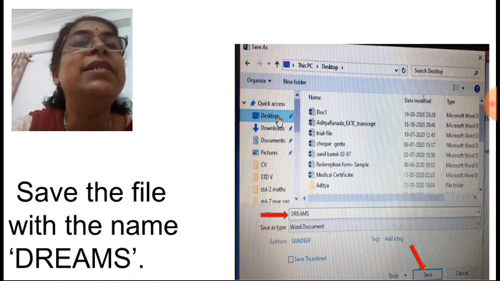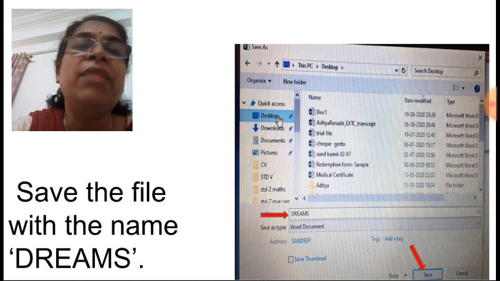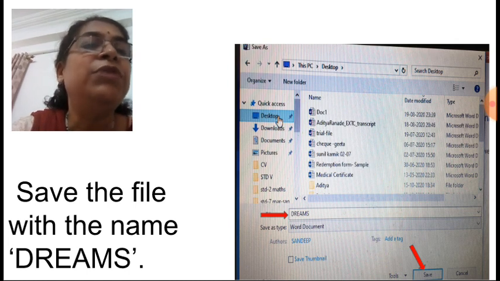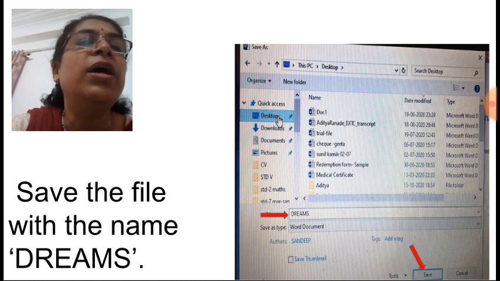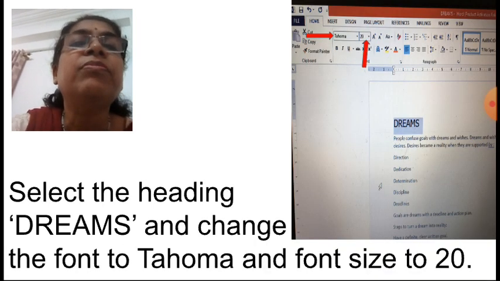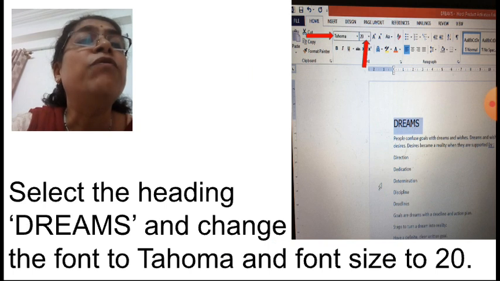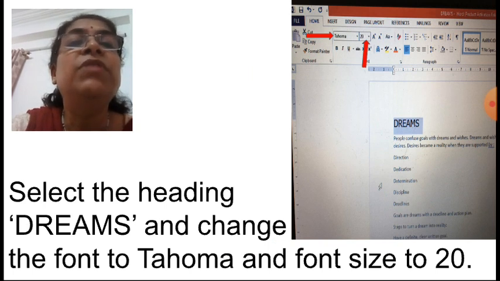Here I have selected desktop because I want to save it on the desktop, and give the file name as dreams, and then click on the save button which is shown here at the bottom of the screen with the red arrow. Correct.